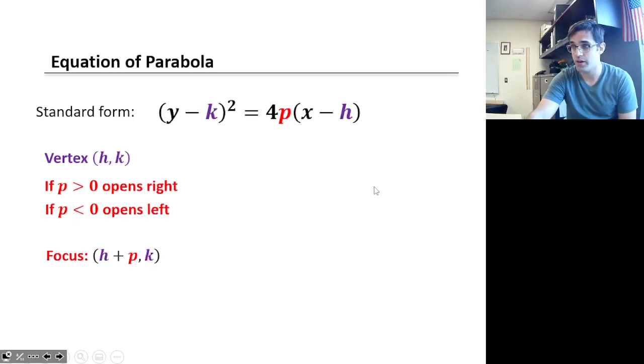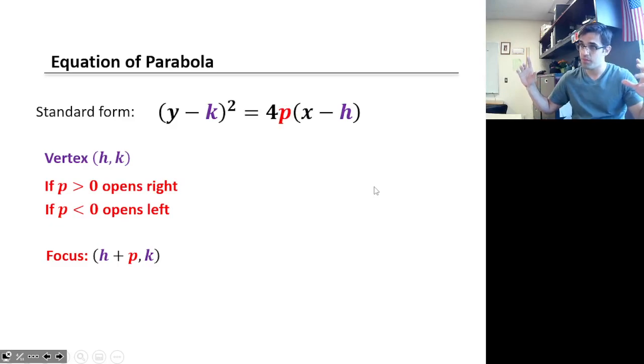If it's a y squared, we still do plus p, but this time we add p to the h value. Because since our parabola opens left or right, that means our focus is on the same horizontal line as the vertex. So we take that h value and we add p, and that'll give us the x coordinate for the